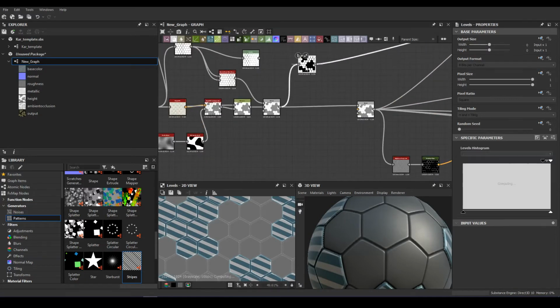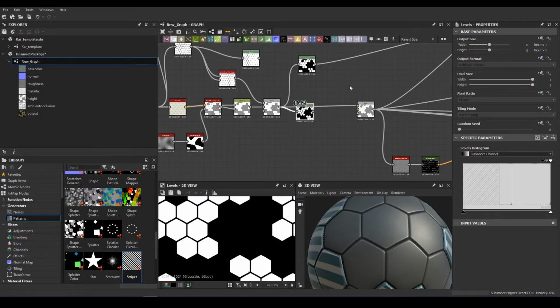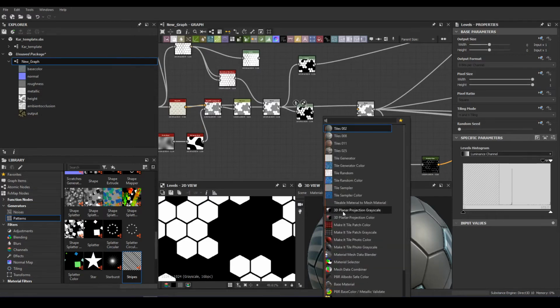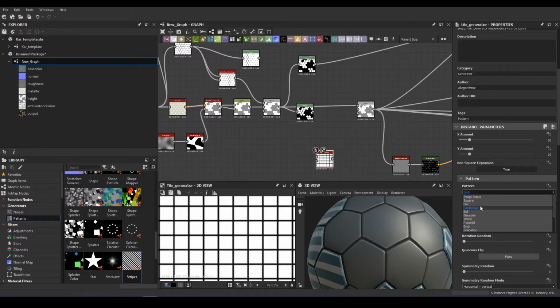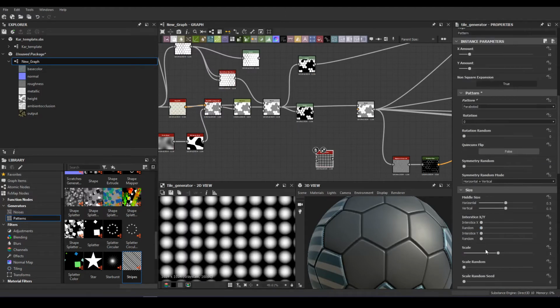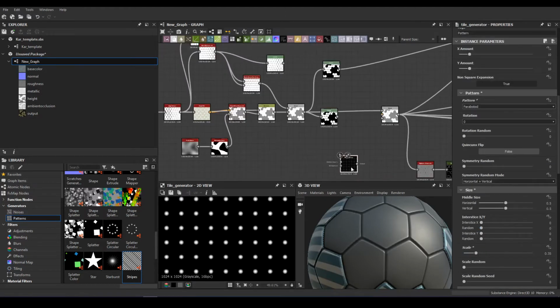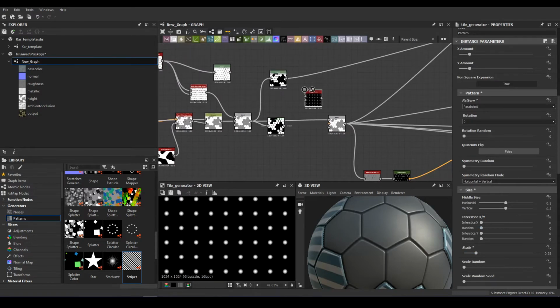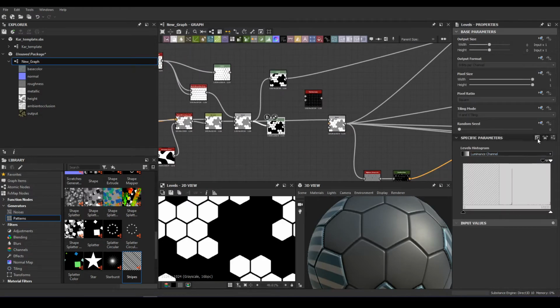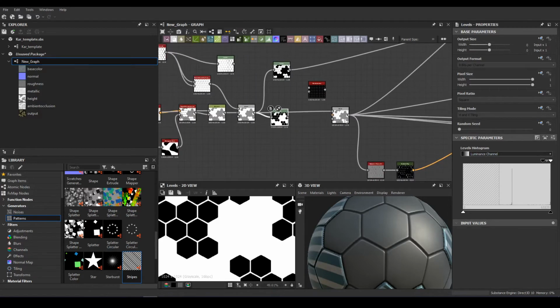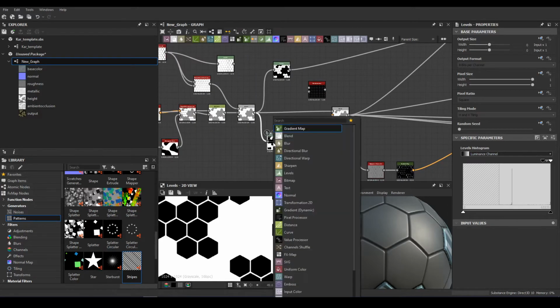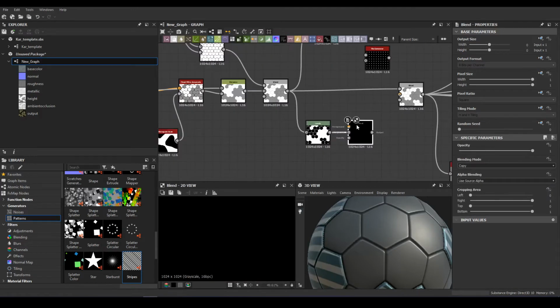One thing I will make is create a tile generator, but with a paraboloid, and I will decrease the scale. And what I will do is take this mask right here, and I will invert, and invert this. I will blend back as a